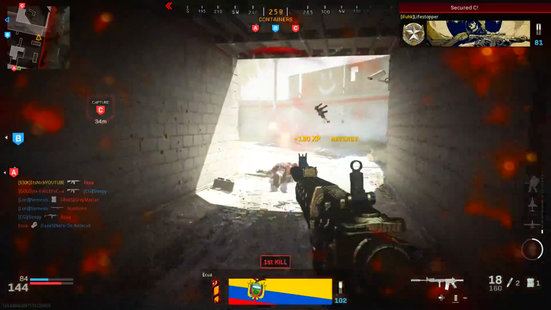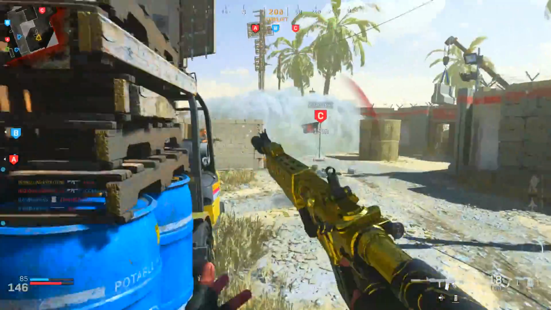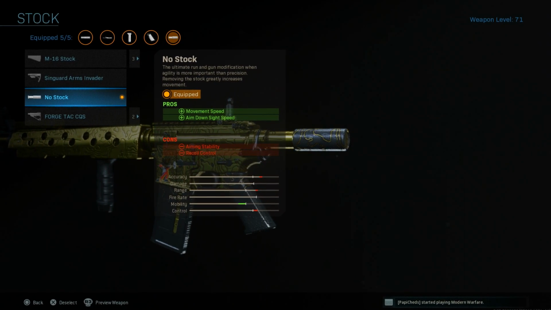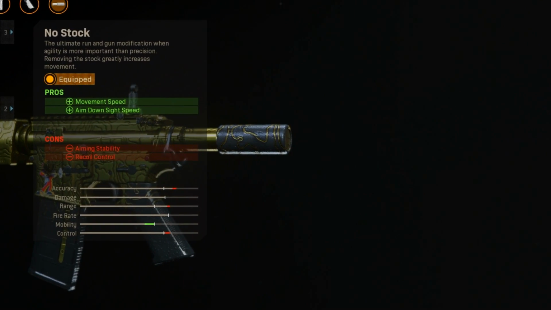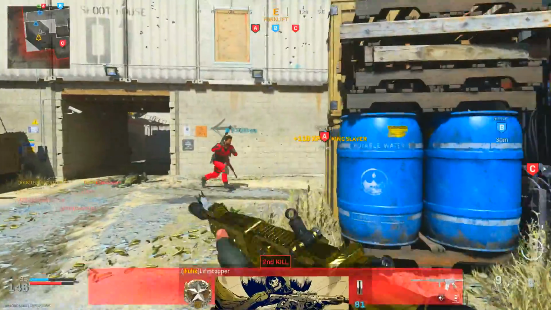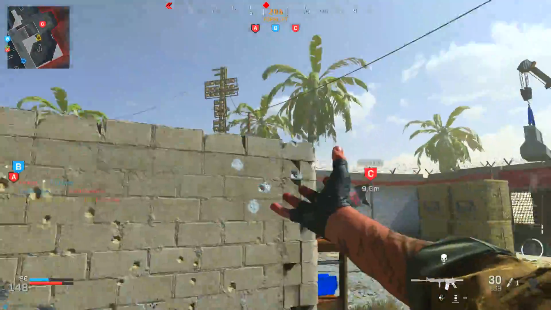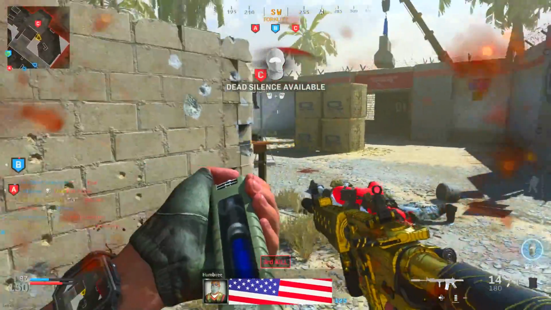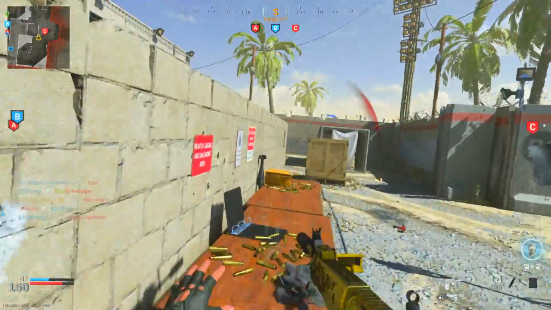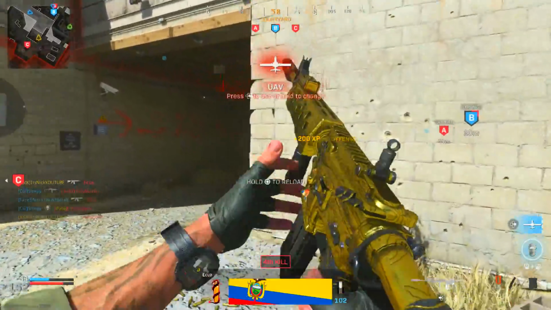Now like I said, we got to fix that movement speed and we got to fix that ADS speed. So what he threw on this class was no stock. Now, what's good about this is that you get movement speed and ADS speed, the two things that you really need on a gun, especially when playing multiplayer and running around, but you are losing aiming stability and you are losing recoil control. Now, normally I would say aiming stability isn't something you should worry about losing, but when you lose aim walking steadiness and you lose aiming stability,